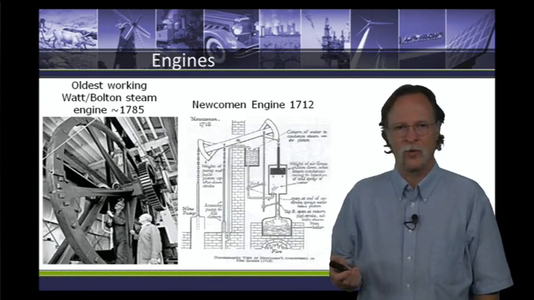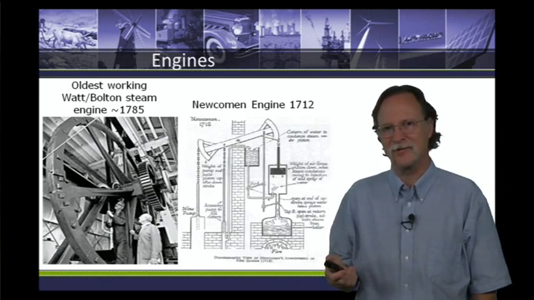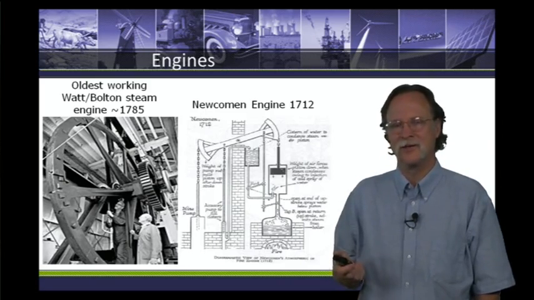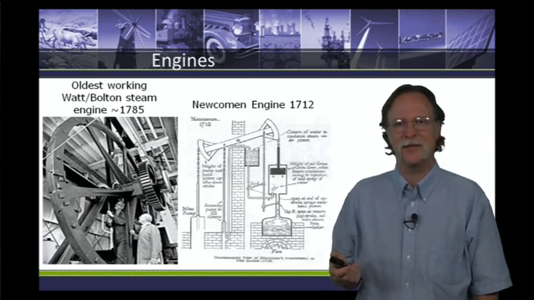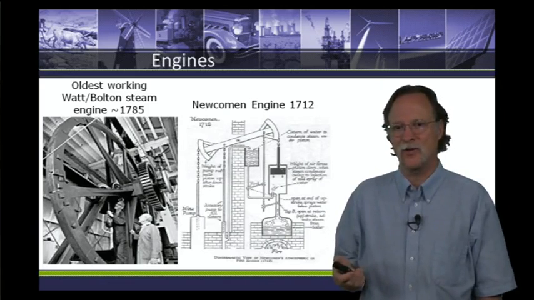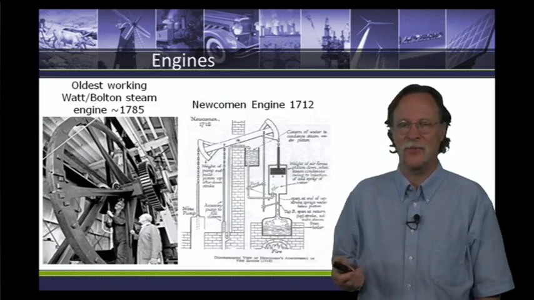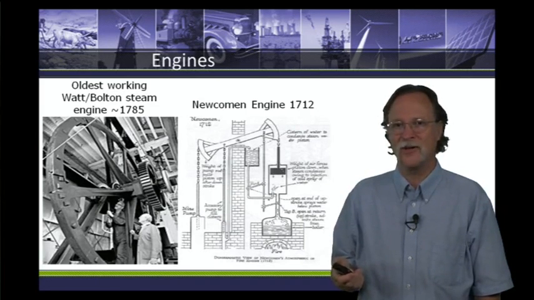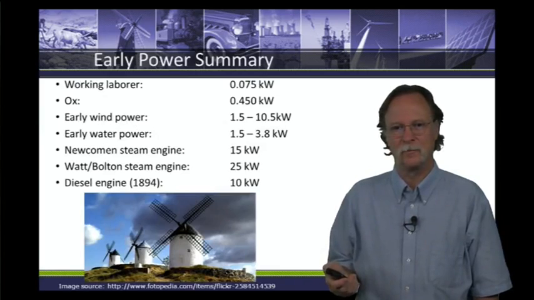Well, Watt came up with, and correctly it's a Watt-Boulton steam engine. They were partners, but Boulton seems to be forgotten these days. But the Watt-Boulton steam engine had a couple of really big changes and advantages. They separated out the steam condenser from the steam boiler, so you could do the hot things in one place and the cold things in another place. That made it faster acting and much more efficient. They also developed a crankcase and a flywheel to convert that up and down motion to rotary motion. Now you have what we know today as an engine with rotary motion. So now you can do things like develop mobile vehicles. That was yet to come.